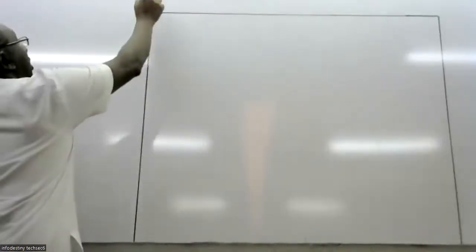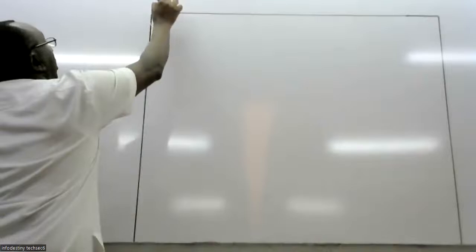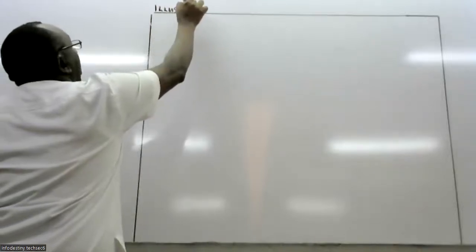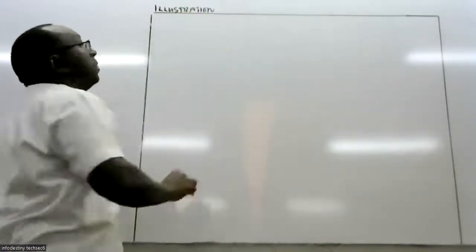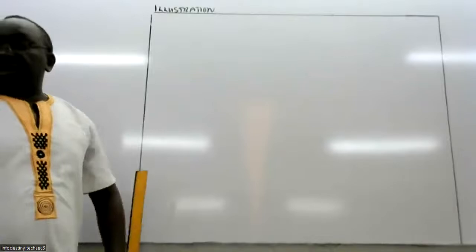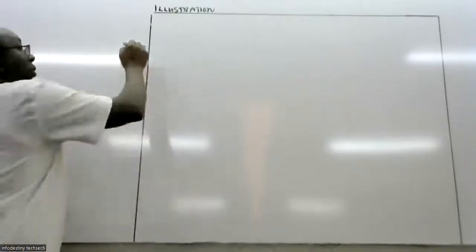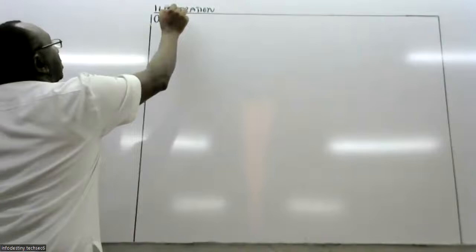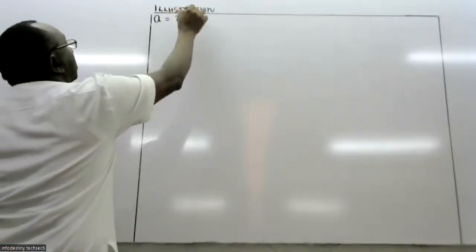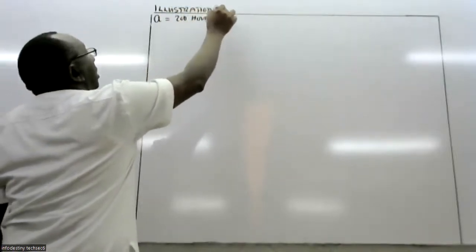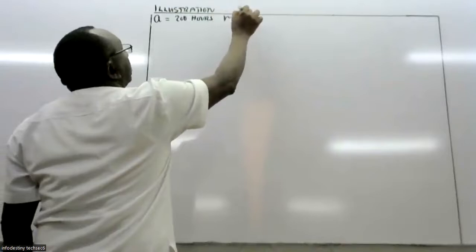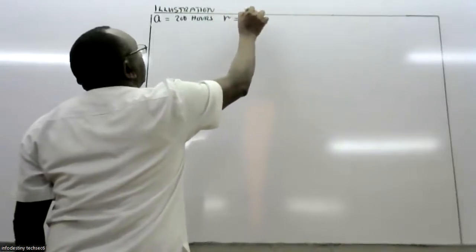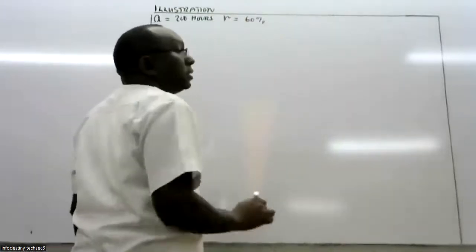So we are going to begin by doing an illustration. And in this illustration, we are going to have A as 200 hours, R as 60%,